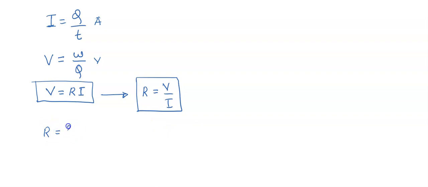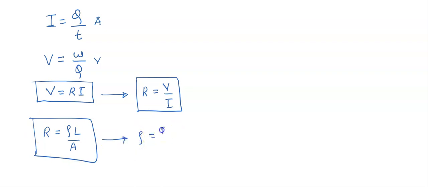Again, we have got one more new formula to find resistance. That is, resistance is equal to rho into L by A, or rho L by A. From this we can derive one more formula, that is rho is equal to R into A by L. If you know V equals R I, then easily you can write R equals V by I. If you know R equals rho L by A, then you can say rho is equal to R A by L. Simple. Did you understand, children?